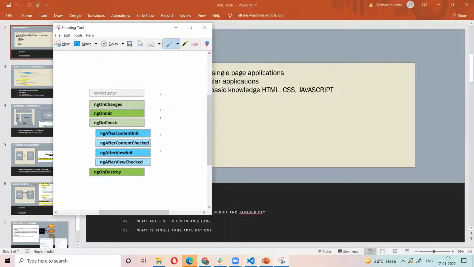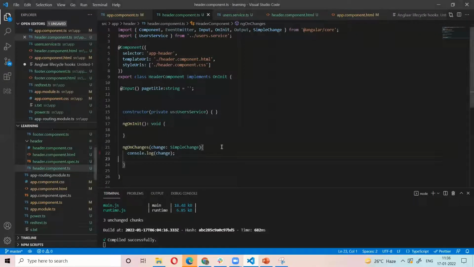For example, let's take this is the ngOnChanges method, and in this I write the ngOnInit. ngOnInit means on initialization. ngOnChanges means on changes.